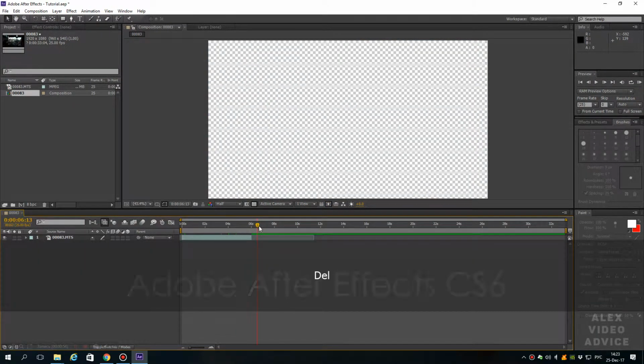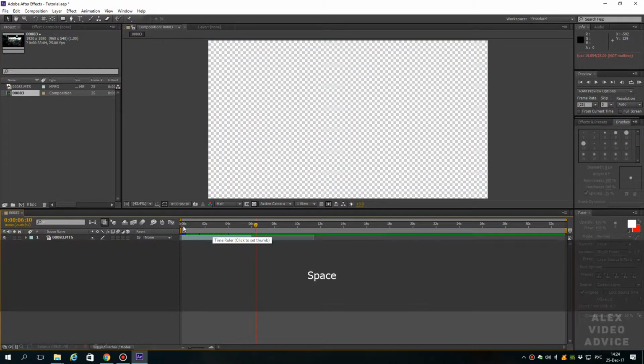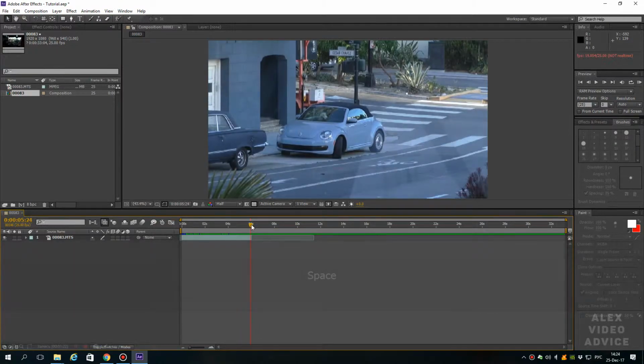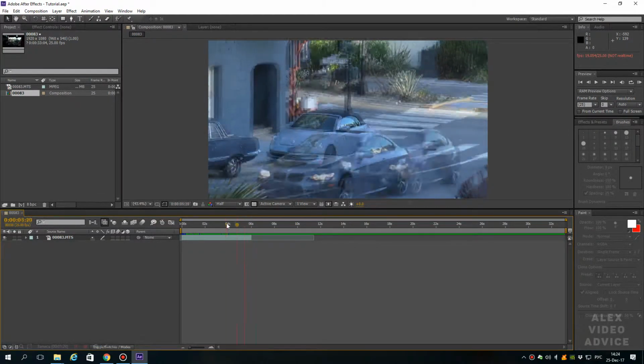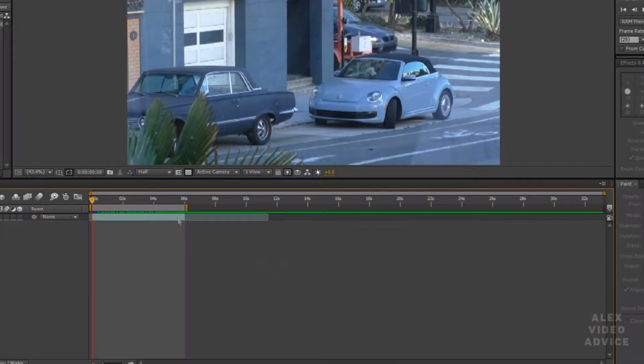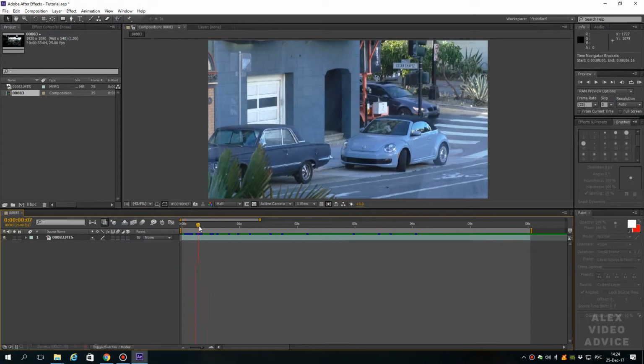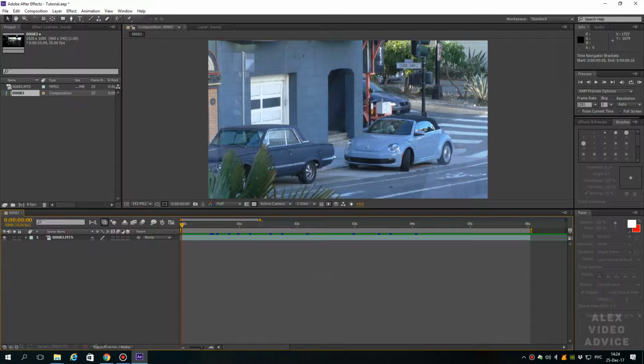Good. Let me remind you that I will show you the example of drawing in Adobe After Effects CS6. Let me preload this video for our work. Well, we have 6 seconds of video for our drawing. Move this grabber to the end of our video and move the first grabber also to the left at the very beginning. Okay, now we can choose the time from where we will start drawing.